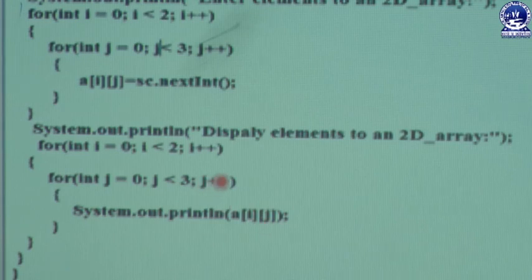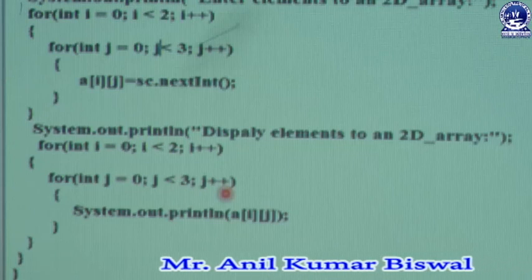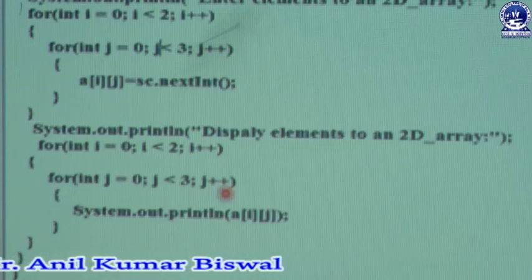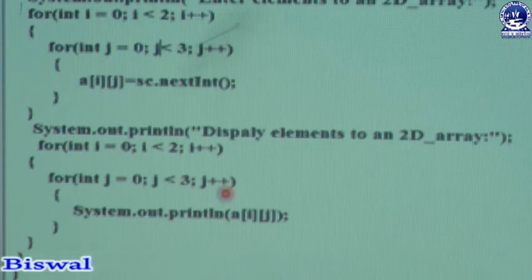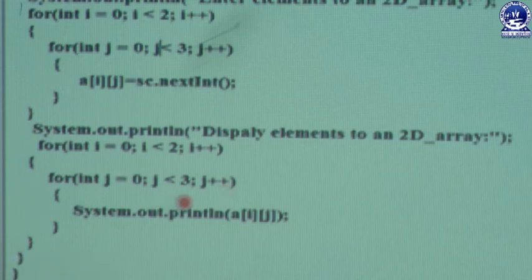Then j is incremented by 1, previously 0, now 1. The 1 is less than 3, condition true, control shifts to the next statement System.out.println, and the element at the 0th row and 1st column position is printed.